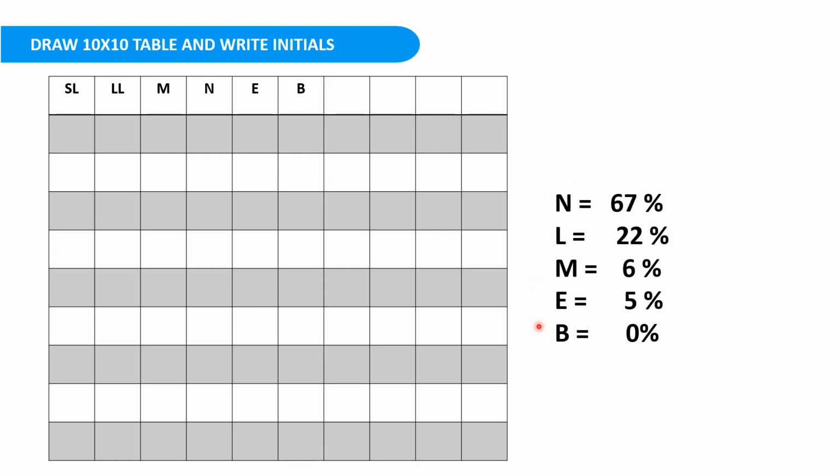So this is how you have to do the practical. You have to draw a 10 by 10 table and then focus on one area, particularly starting with the tail region, and then go parallel or horizontally, then go downwards and in a zigzag pattern complete the whole smear and count 100 WBCs and write down their names in the 10 by 10 table. Then find out the total number of each WBC type, that is neutrophil, lymphocyte, monocyte, eosinophil and basophil, and this is your differential leukocyte count of your peripheral smear.